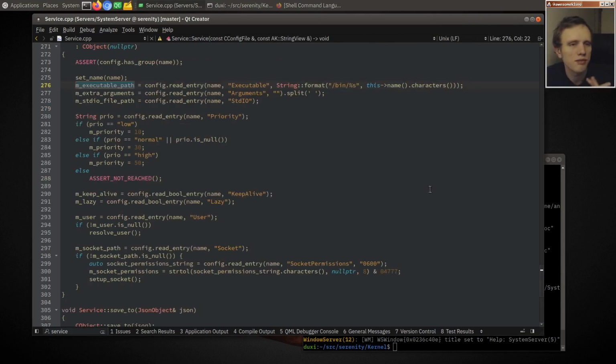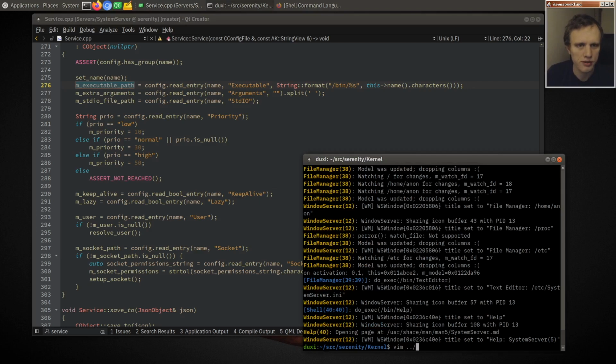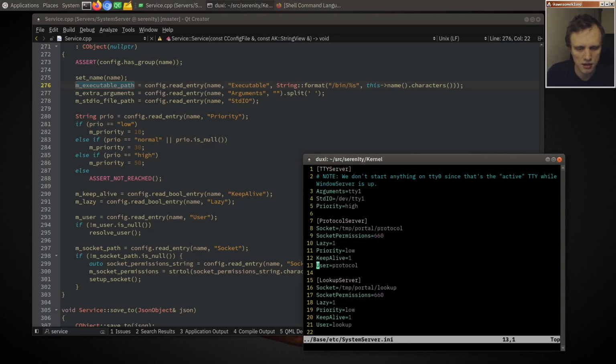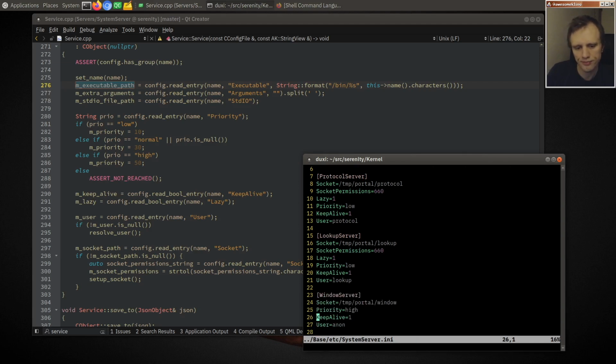So I was thinking, if you had a system service that was configured to run in /temp as its current directory when it starts, and then you would have a sort of sloppily configured service that looked a bit like, you know, imagine that we had the, say, lookup server. Imagine that he was like working directory /temp and